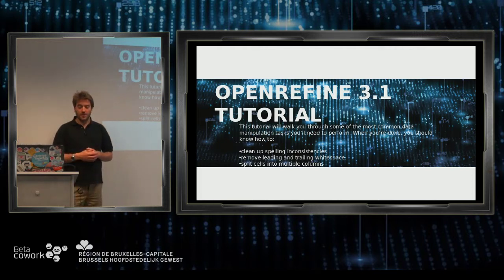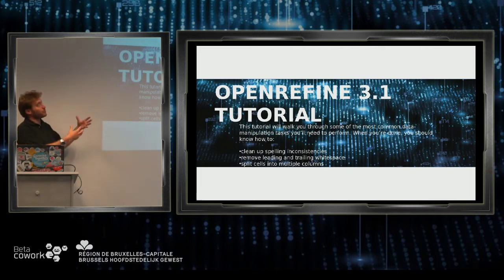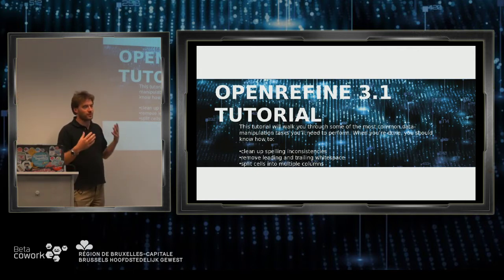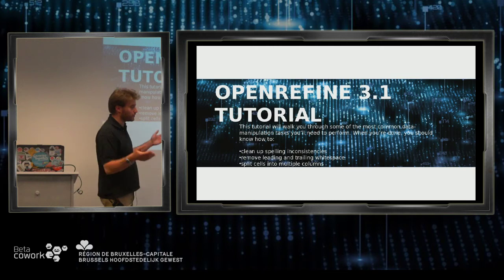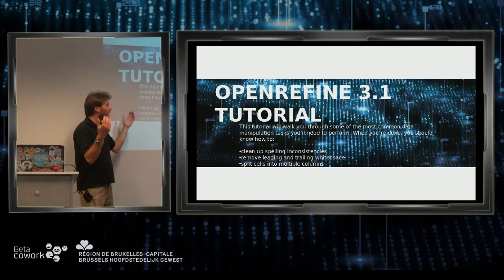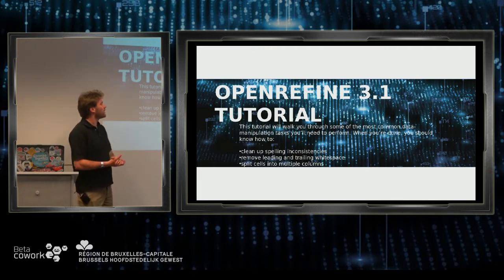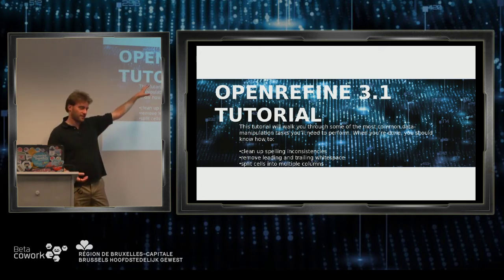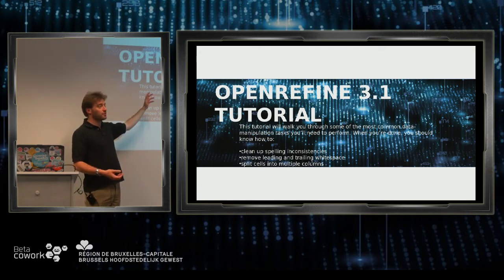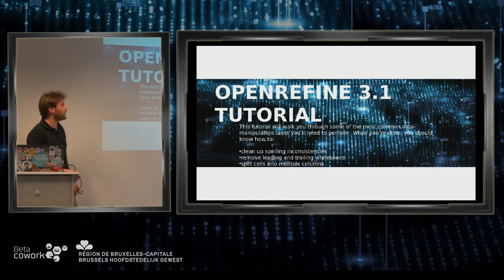So here's the part where I'm going to show you in detail the way that you can do things with OpenRefine. If you want, feel free to open up your computer, download OpenRefine, and follow along, but you don't have to. It's going to be fairly clear, and you can use the slides afterwards to reproduce what is done here.